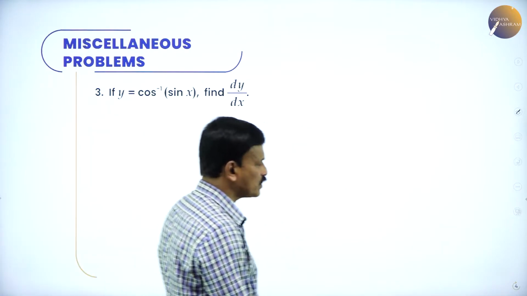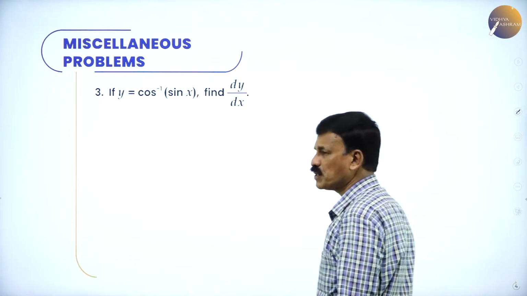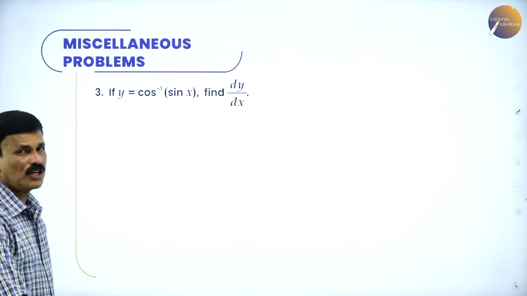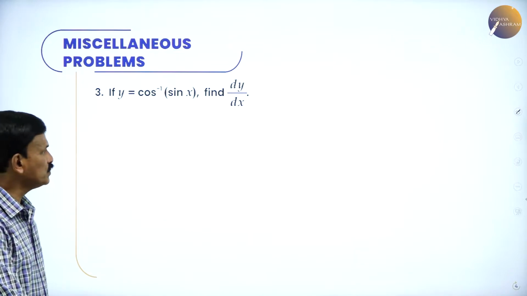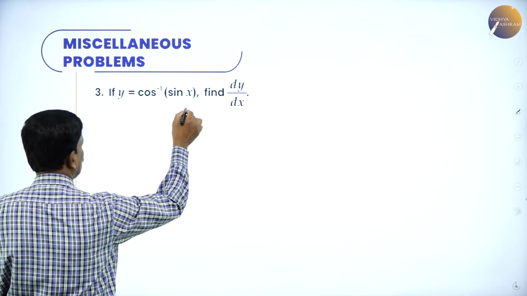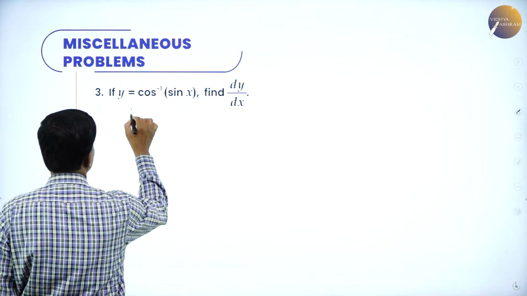Now this is a 2 marker question, very simple. See, what is the problem given? y is equal to cos inverse sin x, find dy by dx. So this can be differentiated using 2 methods. The first method is, consider this as x, differentiation of cos inverse x. First method I will teach,